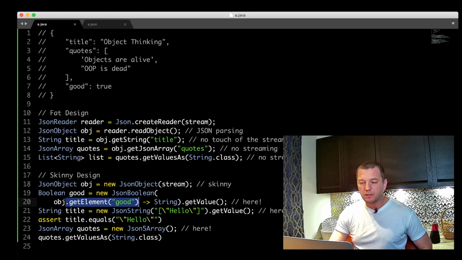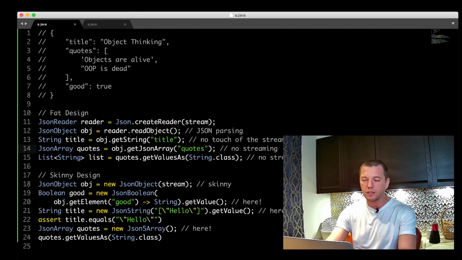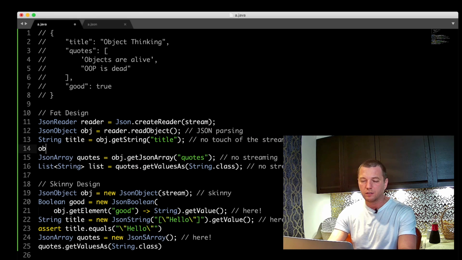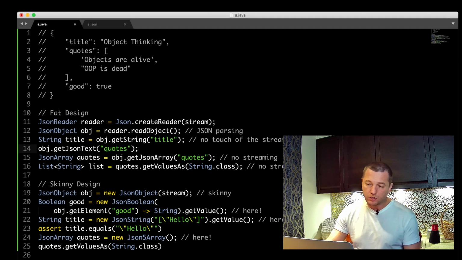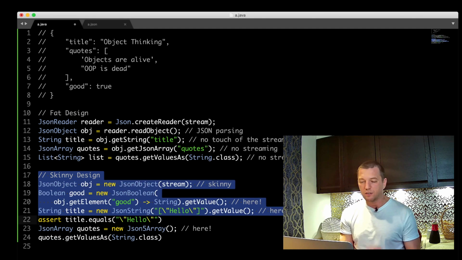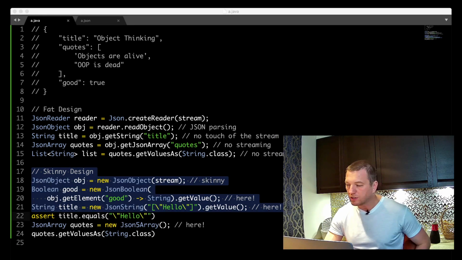And maybe sometimes this design will also be a little bit compromised, and you will be able to say something like object, for example, get JSON, in JSON, text, quotes. Maybe you can introduce it there. So it's not black and white, it could be a mix. But I am suggesting you lean towards Skinny design if you can, because like I said, there are 4 benefits in this design. So now let me take a look at your questions and see, maybe you have something interesting there to say.